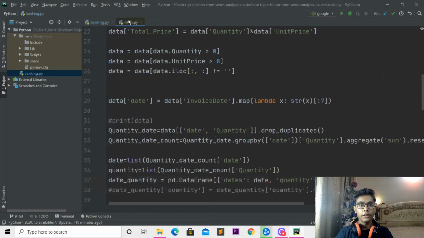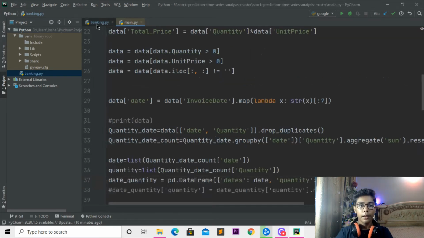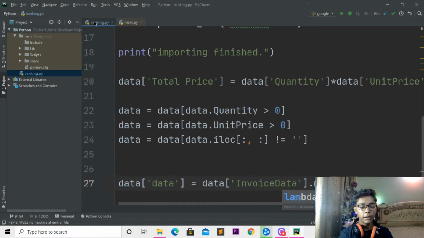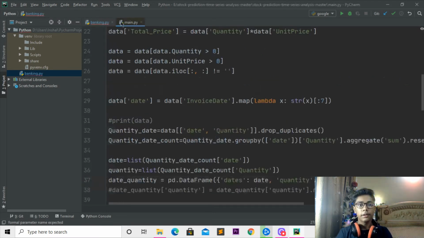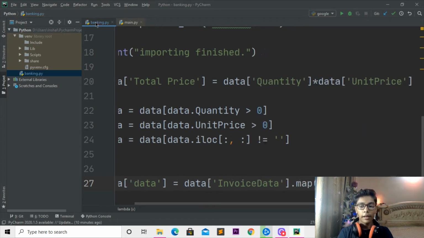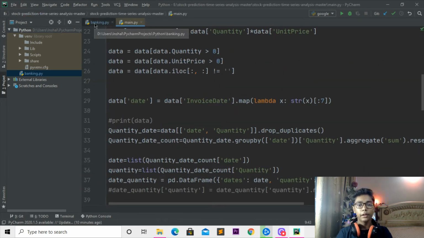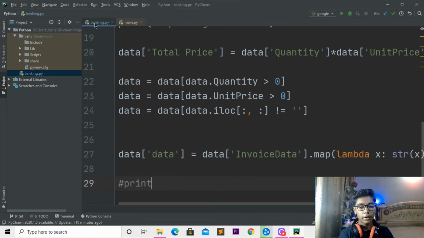When you've done that, here I'll be moving forward, then writing map, and writing this thing, then this here. Then here I'll be writing strx. So till here we have done that. Here I'll be now writing 7. Now I will be coming underneath, and here I'll be writing print